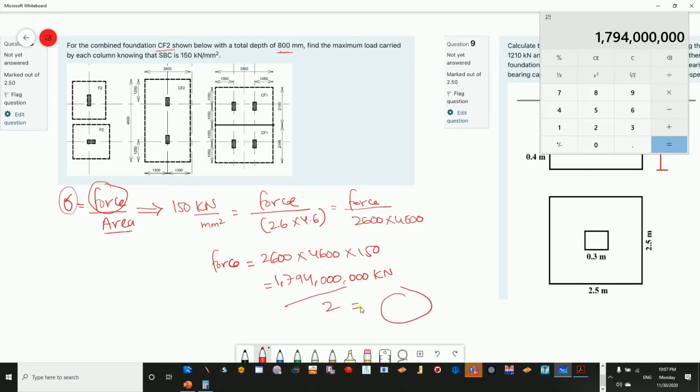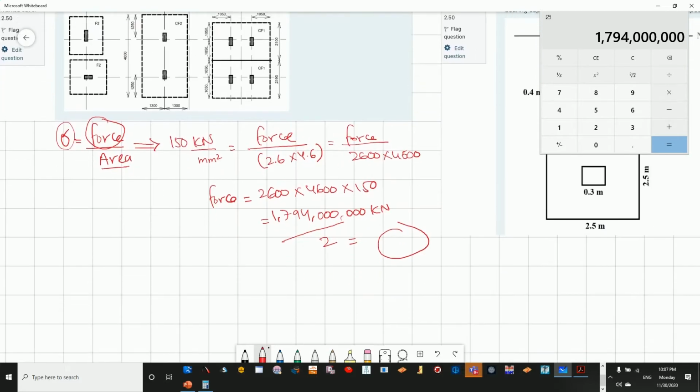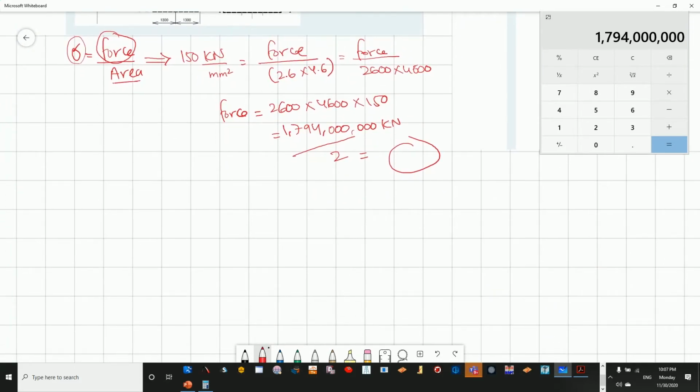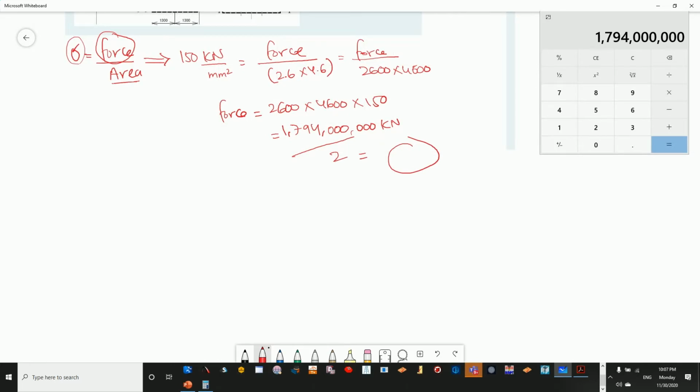Now I believe some of the students didn't see the millimeter square, and they have assumed it to be meter square. So in both scenarios, whether you have solved it to be millimeter square or meter square, I'll be considering the answer. Let me check whether to consider it or not. So 150 kilonewton, for those who have considered it to be 150 kilonewton per meter square,